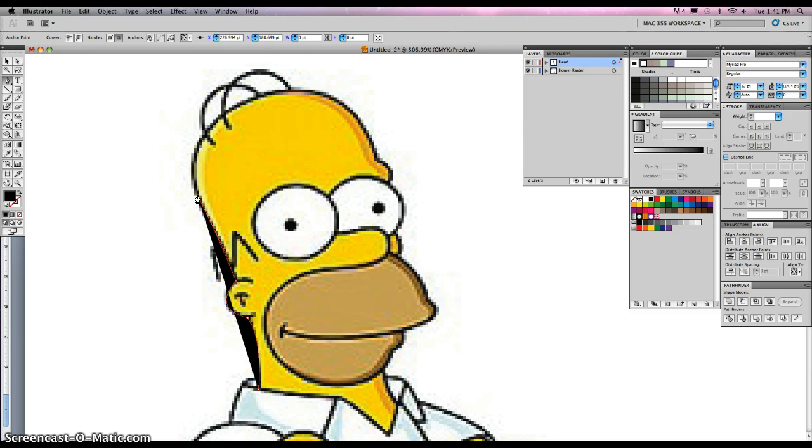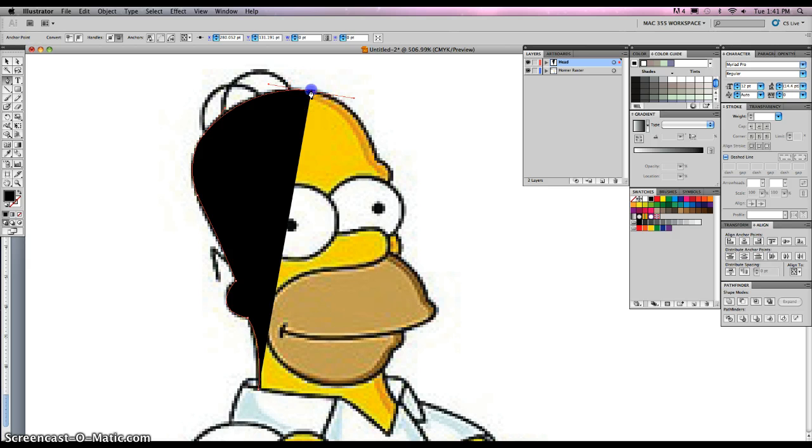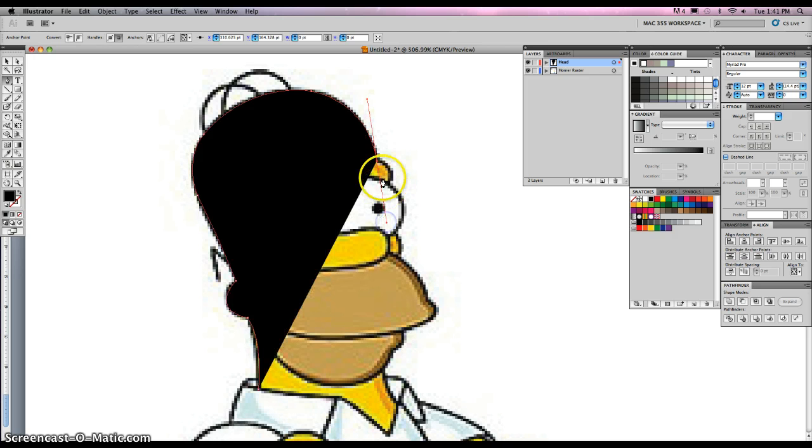So I'm going to undo that, Apple or Command Z, go back to here, click on that to activate, remember that little arrow next to your pen tool, and I'm going to click it, we get a straight line. I'm going to hold the mouse key down while we bend it, and there we go, okay? And we could probably use this handle to get this curve, right? Yep, it's going to give us that curve. So we can do that, click here, and I'm just going to match this curve again, like so. We have a sharp angle, so it's not going to give us that curve. We have to click on the anchor point,